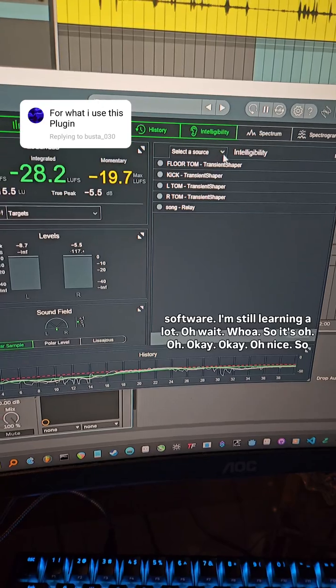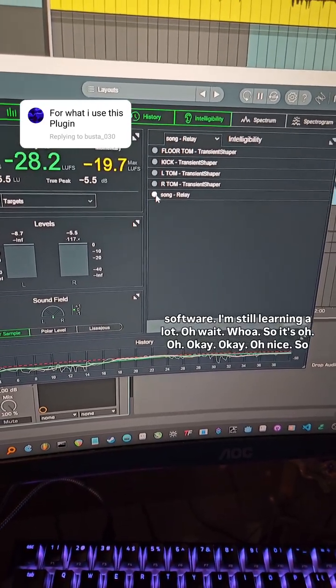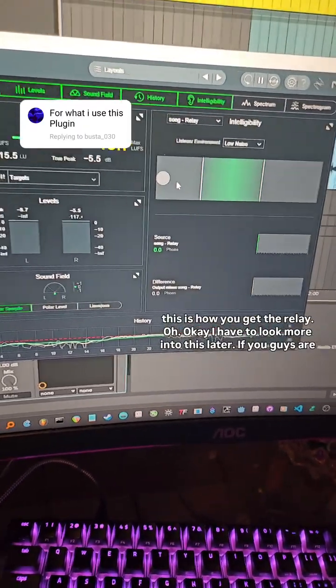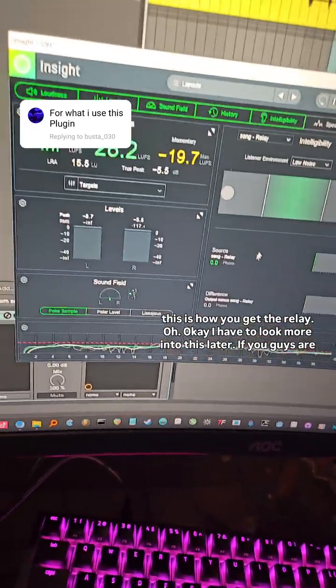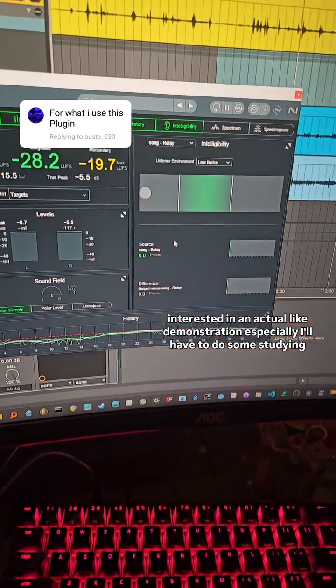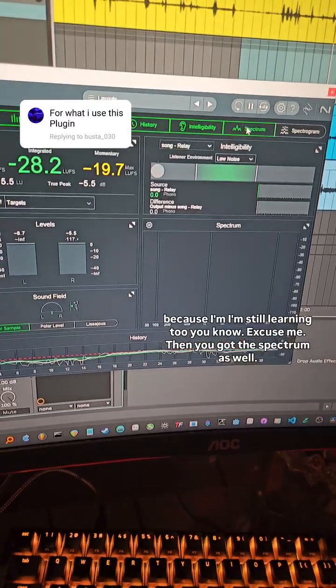Oh wait, whoa, okay. Oh, nice. So this is how you get the relay. Oh, okay, I have to look more into this later. If you guys are interested in an actual demonstration especially, I'll have to do some studying, because I'm still learning too,